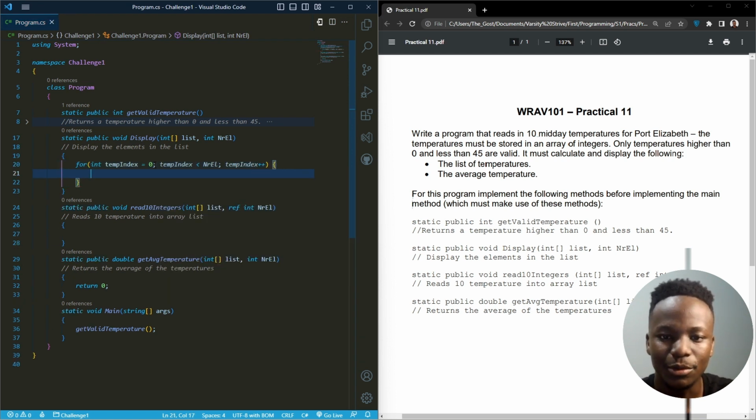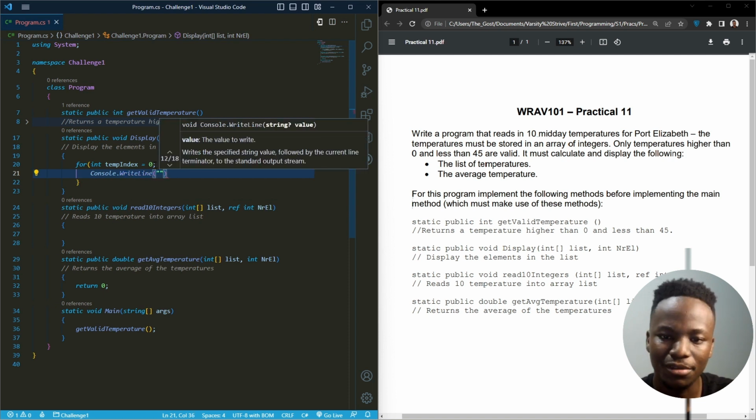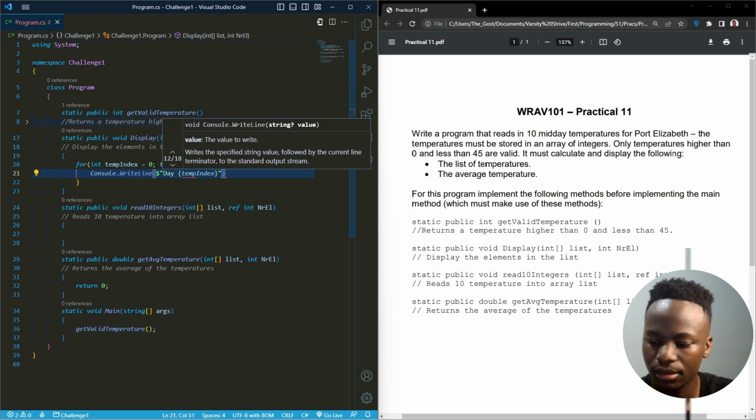And then from there, what we're gonna do now, we're just gonna be doing the normal thing of like, we're gonna console this thing. Should I have saved? Yeah. Basically, let's try to format this thing in. So we're gonna say day what? Let's format our string. So on which is gonna be what? Temp index plus what? And which from here we're gonna say